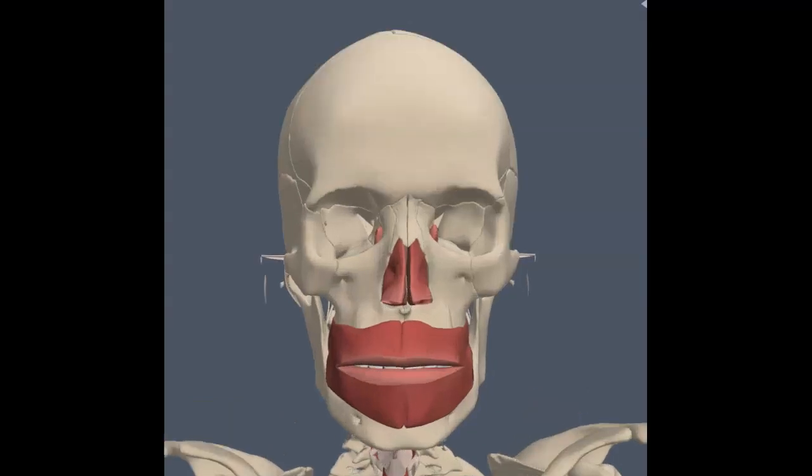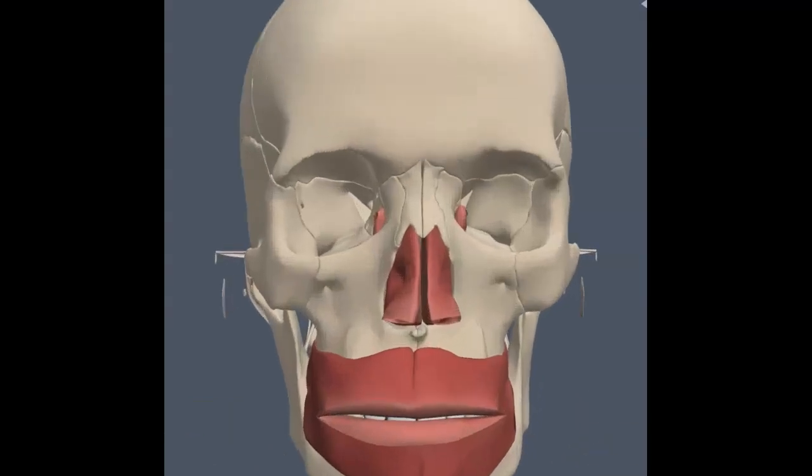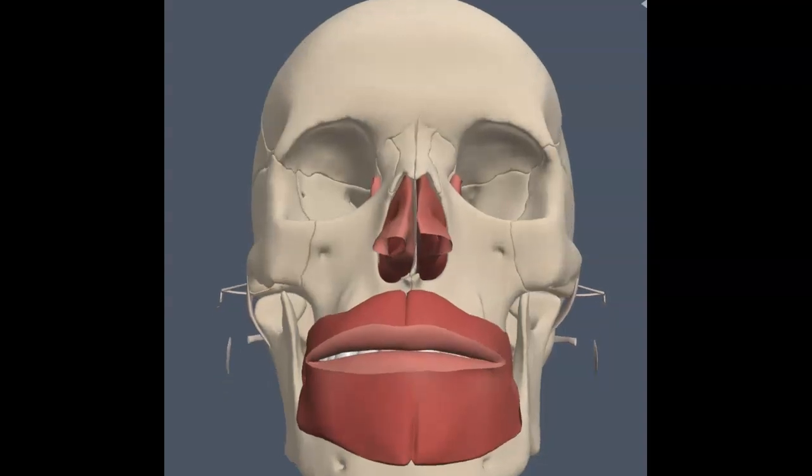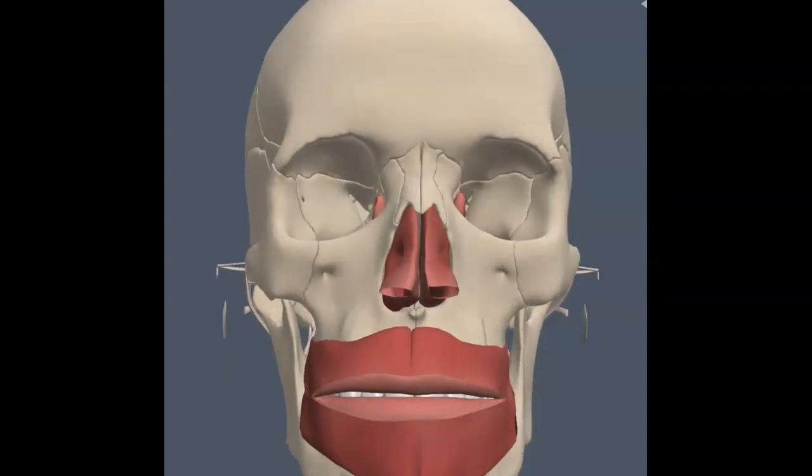Let's take a look at the mucosa lining the nasal cavity and its continuation with the pharynx. Here we can see the external nares, or nostrils. There's one on the right and one on the left, because of course the nasal cavity is divided by the nasal septum. Air entering the external nares will be warmed and humidified within the nasal cavity, where olfactory receptors are